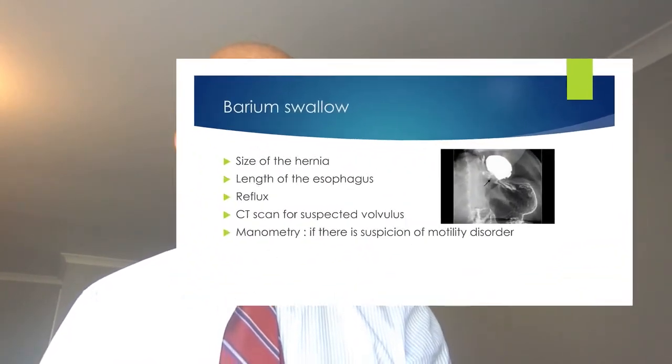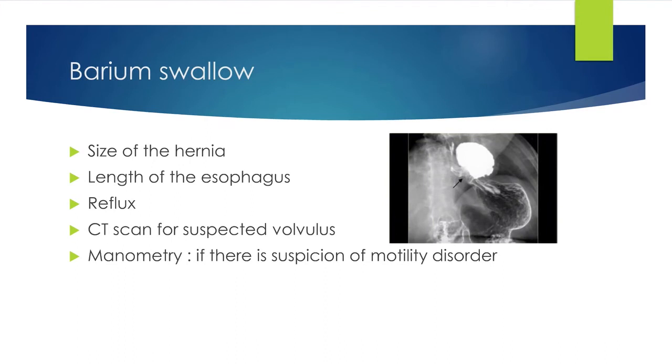Now, barium is very useful. It will delineate the hernia for us. It will show us the size of the hernia. In addition to that, we will have a measurement of the length of the esophagus. We will see if there are any reflux changes or not, because when the patient has the barium swallow, after